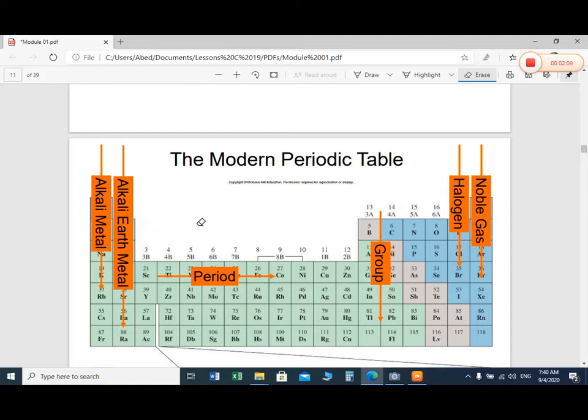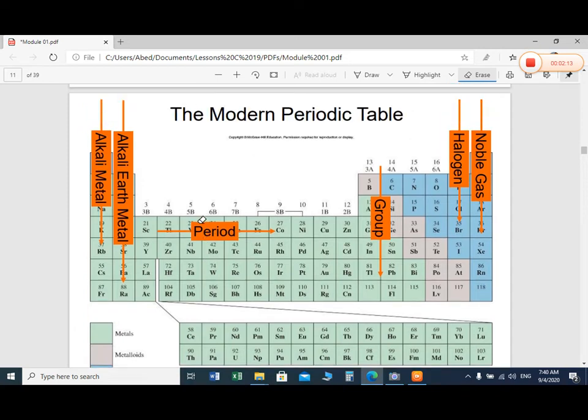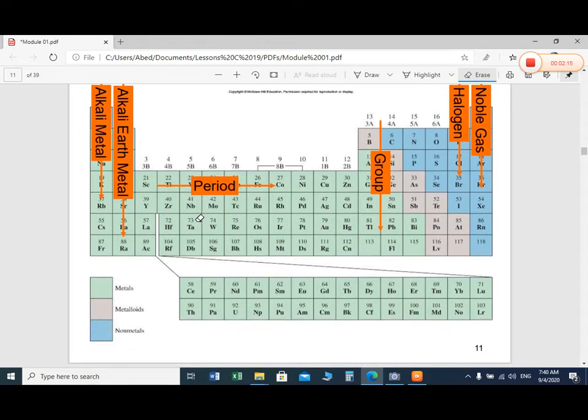Another piece of information in this periodic table is about metals and non-metals. This is shown by the color. If you see this light green color, it is metal. The majority of the elements in the periodic table are metals. These are on the left hand side of the periodic table. Here it is shown by the color. You have to open the original PDF file to see the colors. Otherwise, if you see the printout, you cannot see the colors.